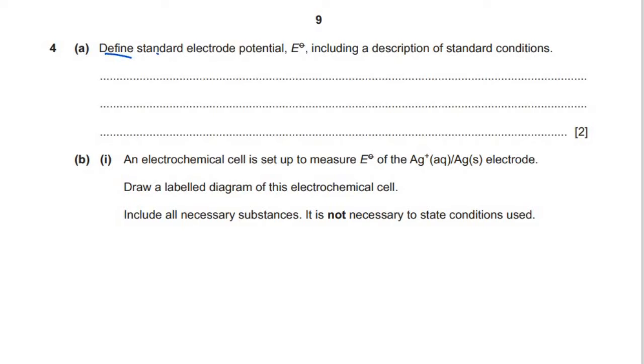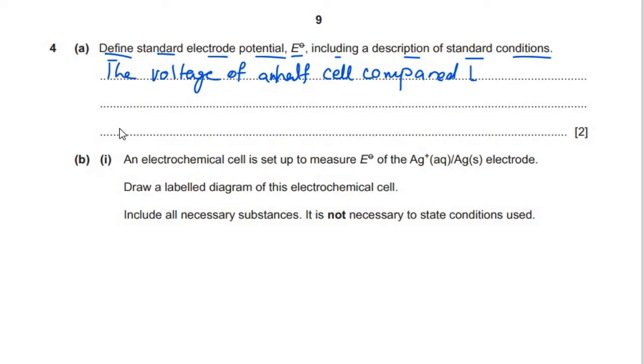It says define standard electrode potential E0, including description of standard conditions. Now, what is an electrode potential of a half cell? Electrode potential is the voltage of a half cell compared to the standard hydrogen electrode,